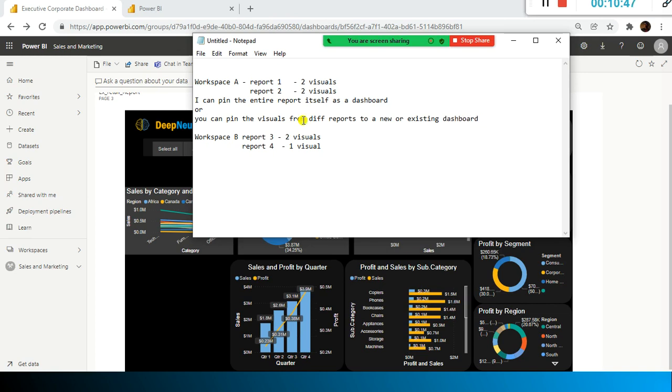You can pin the visuals from different reports, but you cannot pin the visuals from another workspace to this one. That is not possible.